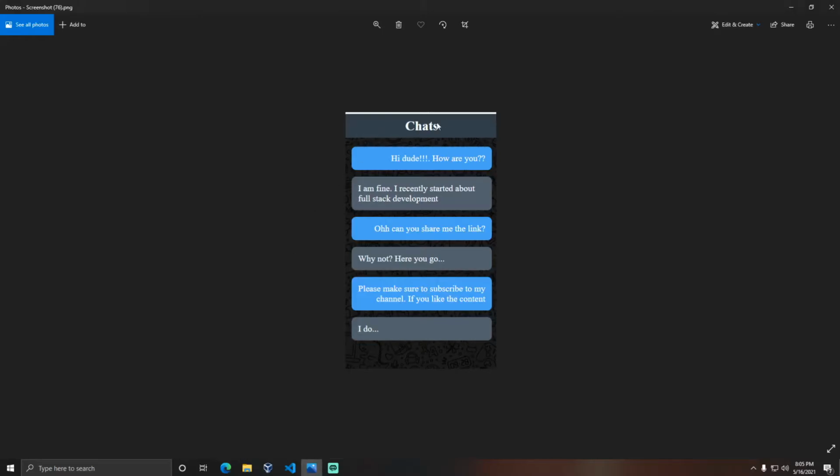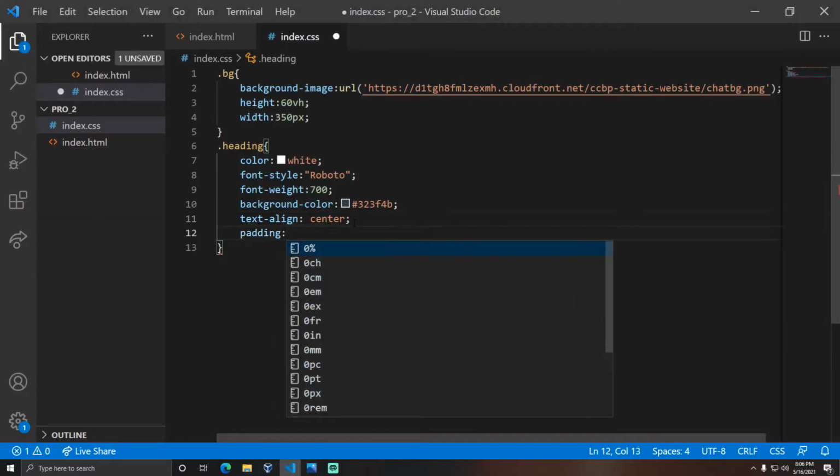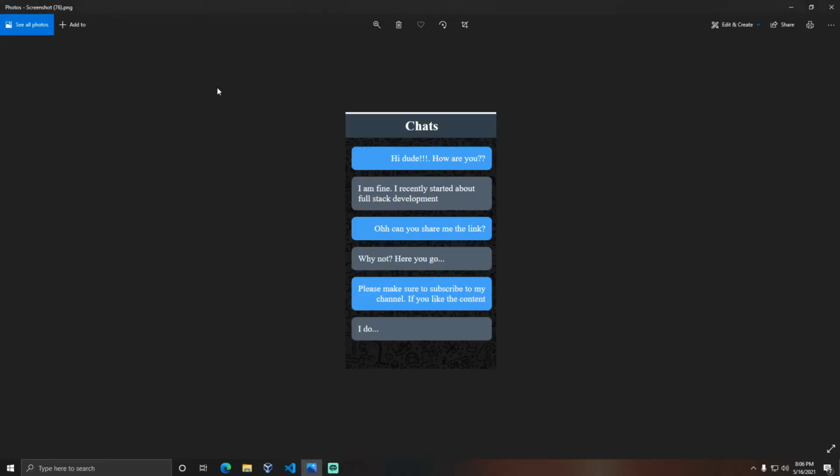And if you want to apply any spacing to it, here you can see that we have some spacing between the border and the content. In order to achieve that spacing, you need to use the margin property. Okay, sorry, the padding property. Padding is given as 15 pixels. Let me give 15 pixels and try whether it is awesome or not.